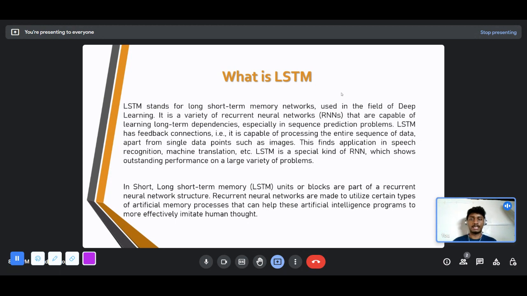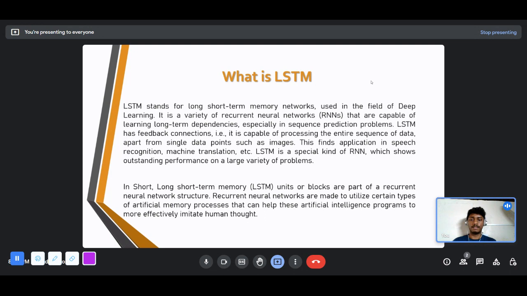Now, to understand what exactly is LSTM, LSTM stands for long short-term memory networks, used in the field of deep learning. Its origin is from deep learning. However, it is used in NLP very often. Even the project that we are doing is heavily based on LSTM and other small NLP topics such as tokenization and embedding. So coming back to LSTM,